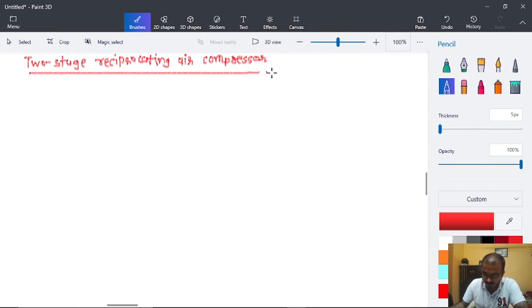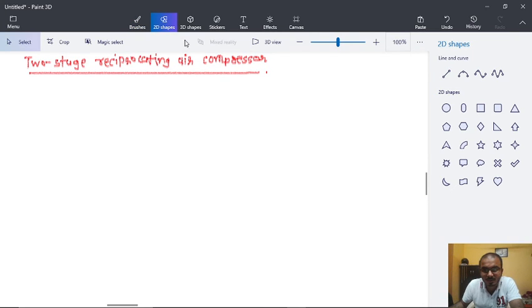Let me go through the basics over here, the same thing that has been written in the book also. Here we are having more than one cylinder, and in the case of two stage, we will be having two cylinders with an intercooler in between. The low pressure ratio will improve the effective swept volume, and the intercooler will reduce the final temperature. So let's draw a figure for this first. I will be taking some time while drawing this figure, and maybe that will end today's lecture. So be patient.